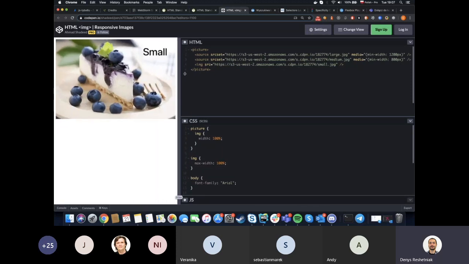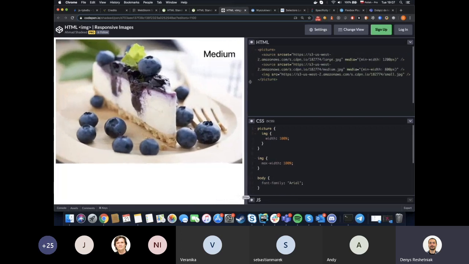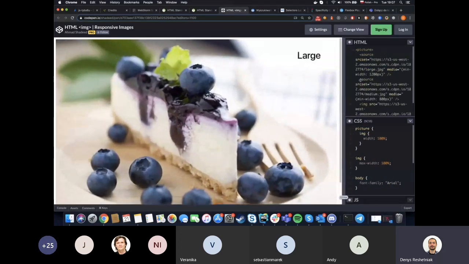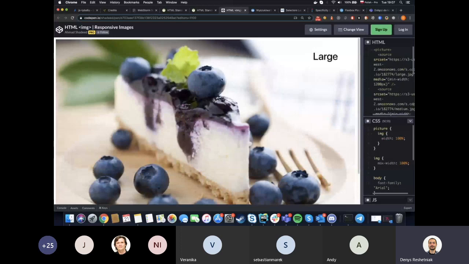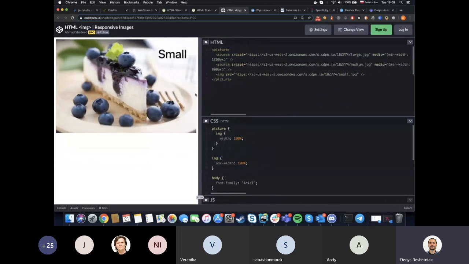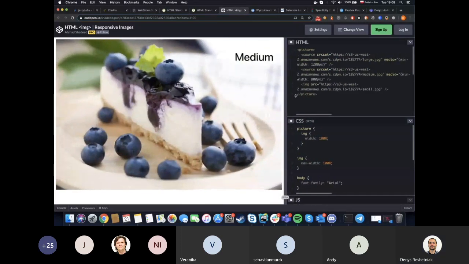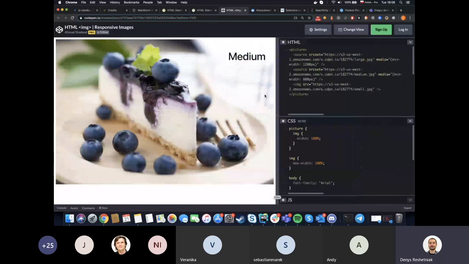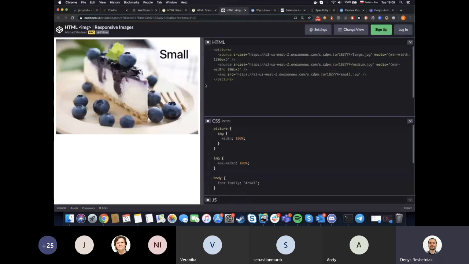And the browser will help us load the appropriate image. As you can see here, there are 3 different images without JavaScript, without additional code. We can make loading these appropriate resources